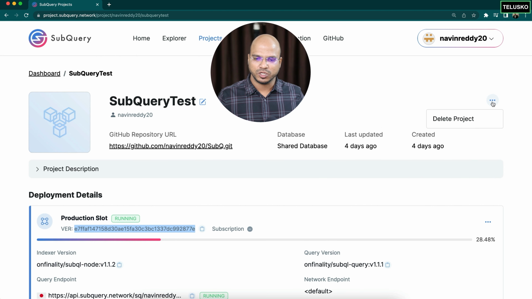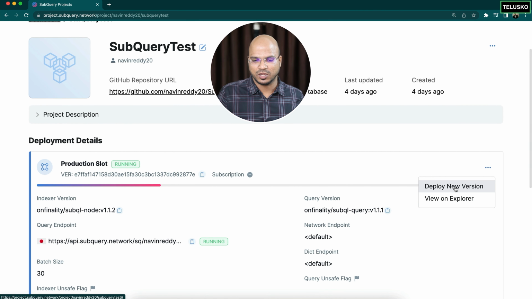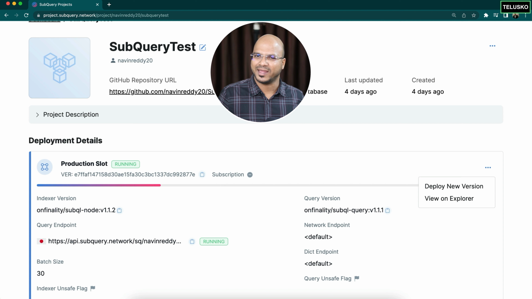In fact, there's also an option where you can delete this project. Maybe you want to go for a new project, or you're just doing it for testing purposes, you can delete it. And I always believe, if you're not using something, just delete the project. Don't waste the resources. I know it's free, but don't bulk up the resources. Okay, if you want to deploy a new version, you can just click on new version, but again, don't do that in production directly. Yeah, if you don't have any user using it, you can do it.